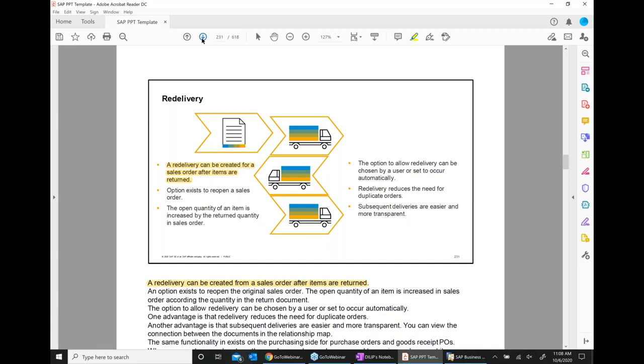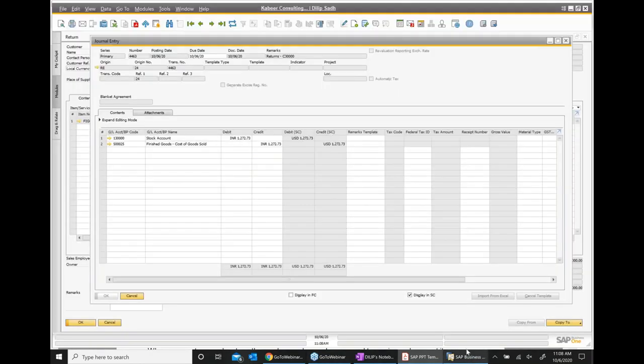That is called redelivery. So when the customer says the product is defective, we send it back, give me the new material, give me the corrected material. And when we send the corrected material to the customer, that is called redelivery.